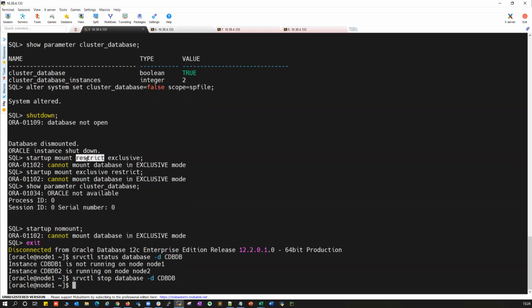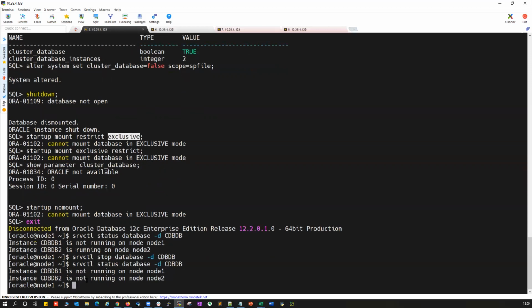And exclusive means you are going to start only one instance in exclusive mode, and other RAC instances are not allowed to start. I'm going to start only this instance, and none of the other instances should be able to start once I start this particular instance. That's what exclusive means.